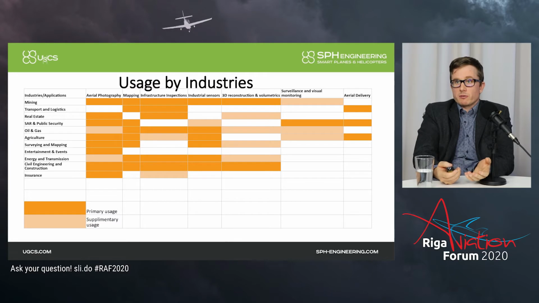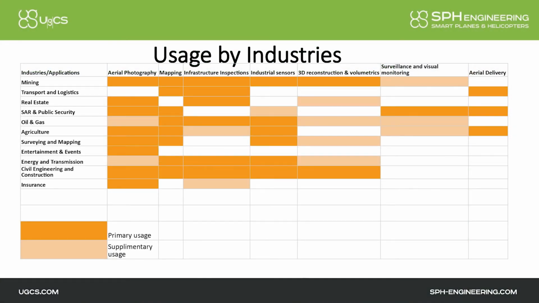Same goes that with the less popular things, for example, aerial delivery, which is like very hot topic on news, but let's be real. There are a lot of limitations and a lot of problems. So why I, as an industry insider, say that aerial delivery will be very niche and not that popular as somebody who wants to get next investor on board for their startup thinks it will be. So I will leave this slide here. I hope presentation will be downloadable and you can do more research on your own and take a look at it. But now let's move forward.